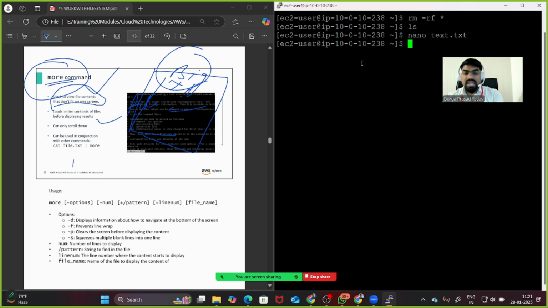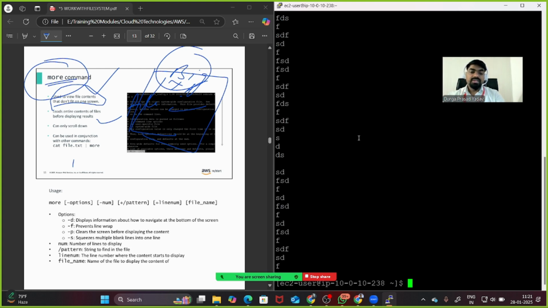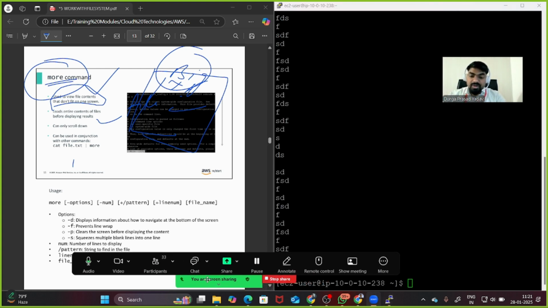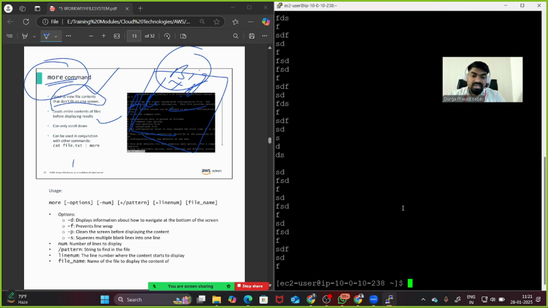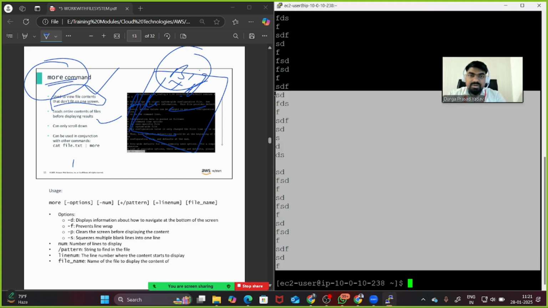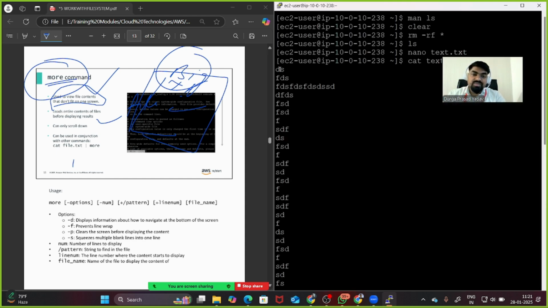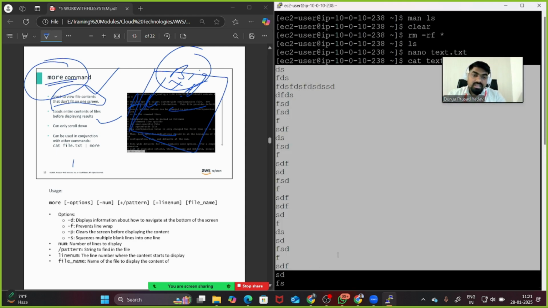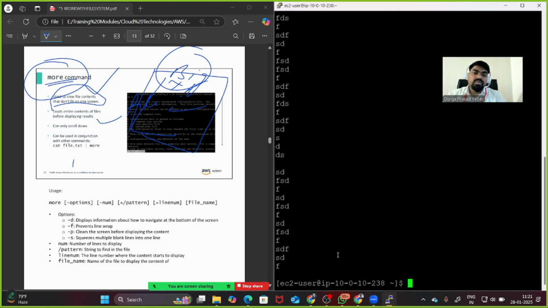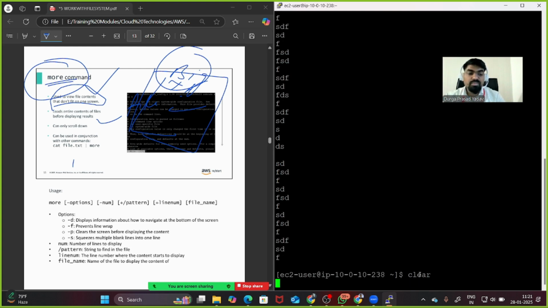If I do cat to see this text file, see what it is showing. By using cat, we are able to see the last lines, but the first lines we are not. These lines we are not able to see on the screen. You need to either scroll up or scroll down, then only you can see. But if you use the more command,